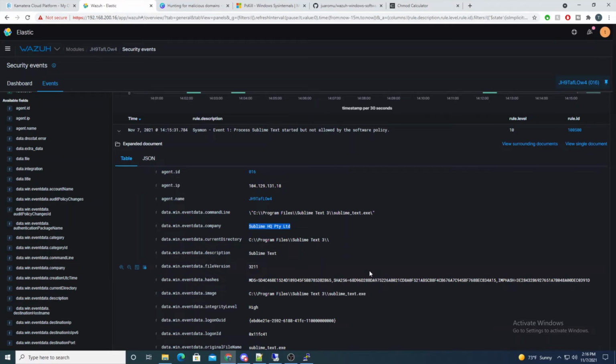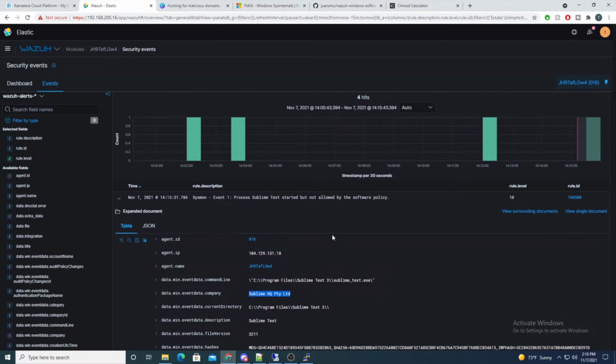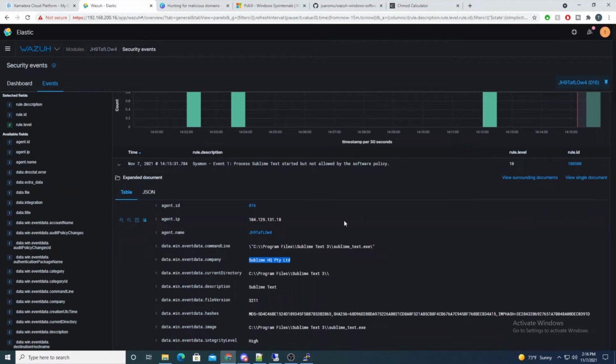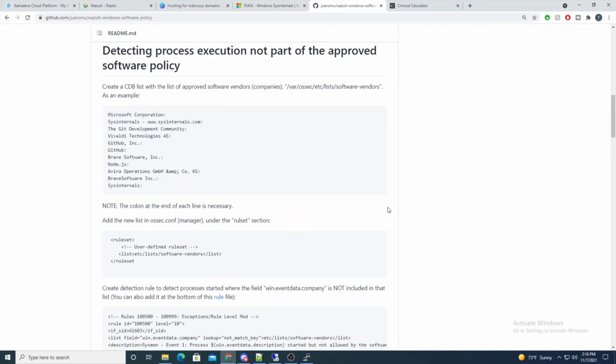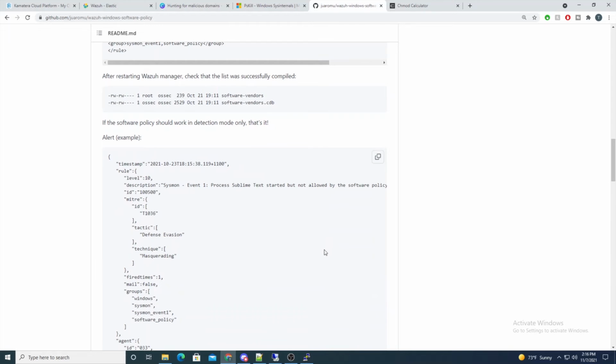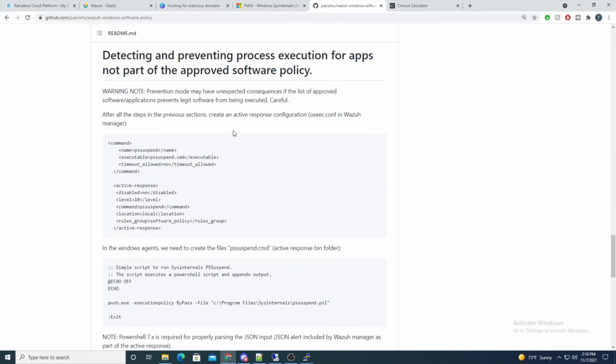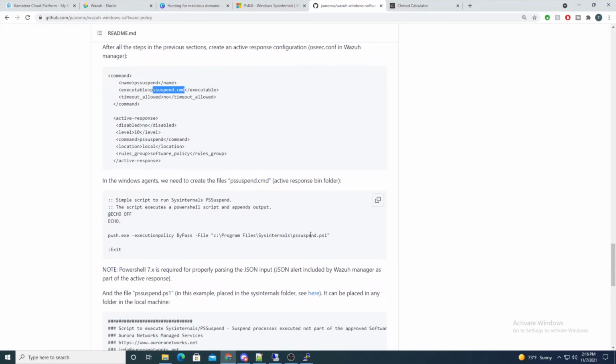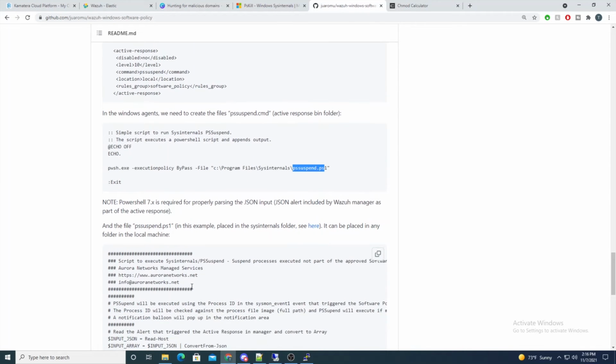So now let's add some active response onto this, right? Because this would alert our security team that, hey, a process is getting launched that's not approved, but is still ultimately executing, right? And is still executing on the endpoint, right? There's no proactive defense in place. So if we go back into our GitHub here, let's now create our active response. So kind of similar to what we did with the DNS hunting, we will create an executable that we'll put within our active response binary directory on our agent that will then call our PowerShell script, which is this block